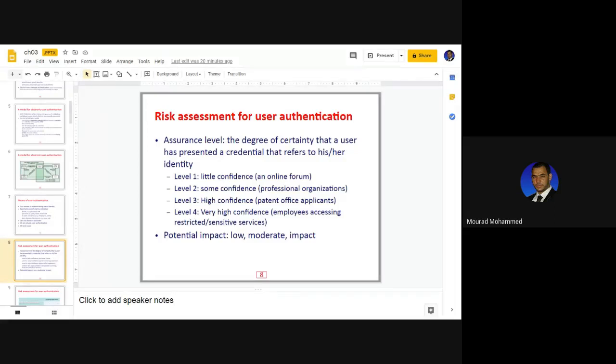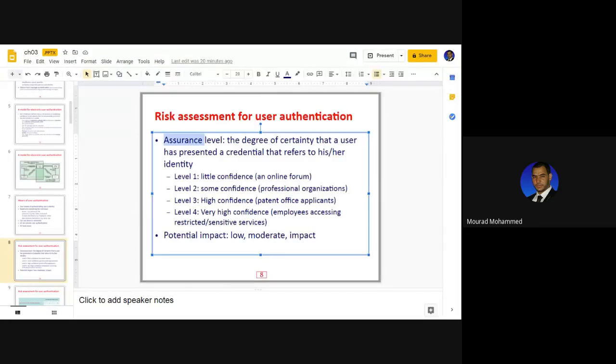Good. As we discussed the level in unit number 2, the cryptography level, of the harm that might be applied and caused by a malware, something actually negative. Still, we talk about the level of authentication versus a user. The level of authentication versus a user means we talk about the assurance. The assurance here. Are you trusted? Being awarded an access does not mean that you are trusted. Still, there is a level of assurance here that we have to discuss.